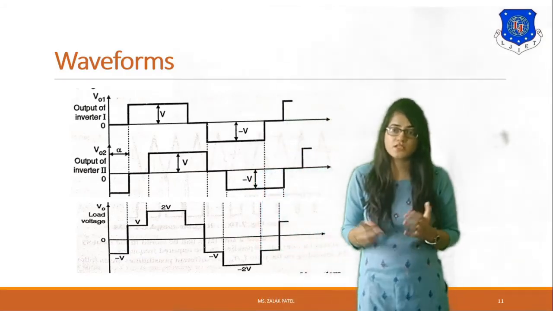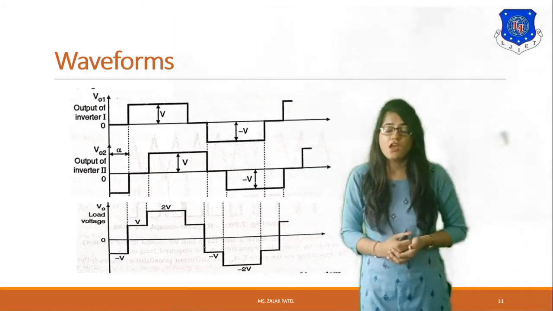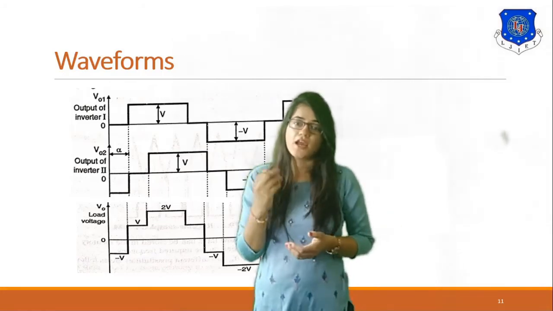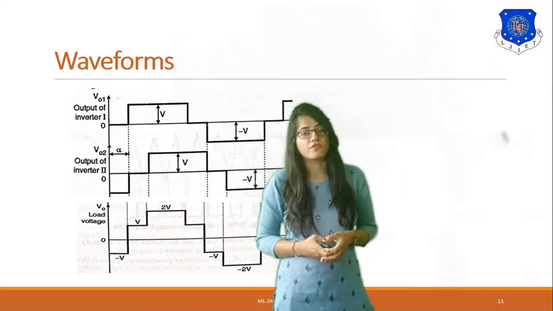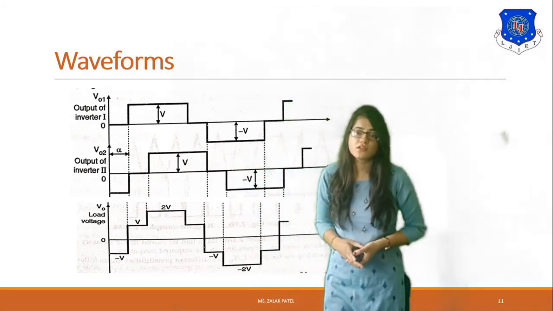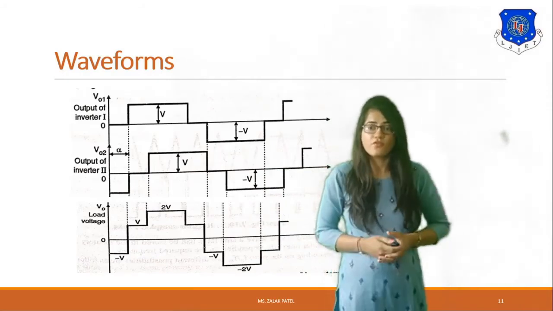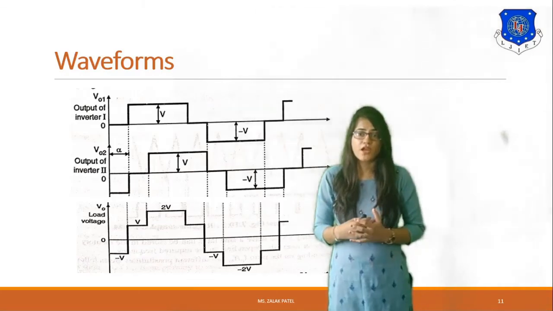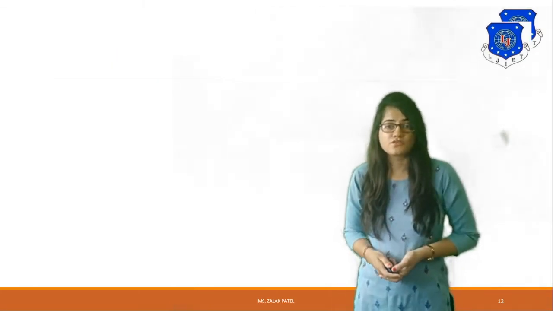If the angle changes, then the polarity of the voltage will be in the opposite direction, and if the phase angle is positive, then it will get added. So this is the end of the PWM type of classification. In the next session we will discuss current source type inverters, and how it is possible to get inverted voltage by using a current source.